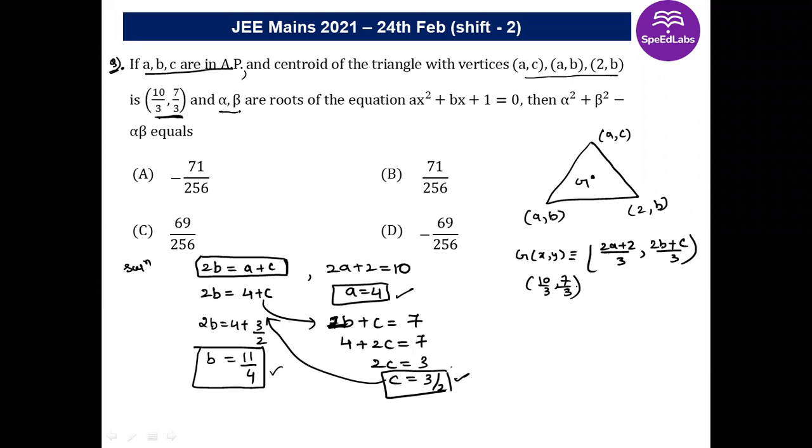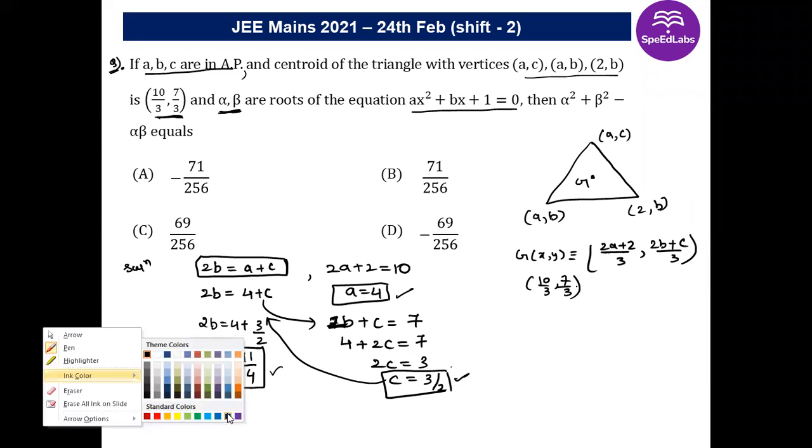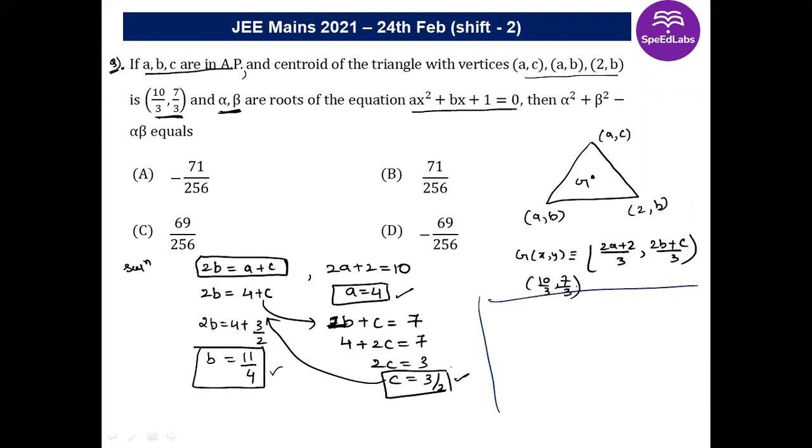Now finally what we need to find is, if alpha and beta are roots of this equation, then the value of alpha square plus beta square minus alpha beta. All right, so at the last you have to apply the concept of quadratic equations over here. So see, if you need to find the value of alpha square plus beta square minus alpha beta, can I write this as (alpha + beta) whole square minus 3 alpha beta? Right, because when you open this square you'll get a term of 2 alpha beta, and if you subtract 3 alpha beta from it, you'll get minus alpha beta.